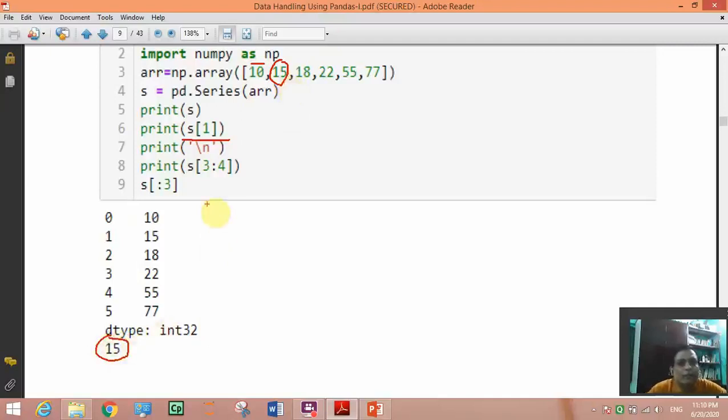So like that, without using a function also we can select a particular range from the series. Here 3 colon 4 means the element at the third place, 0, 1, 2, 3, is 22 and the fourth place is 55.